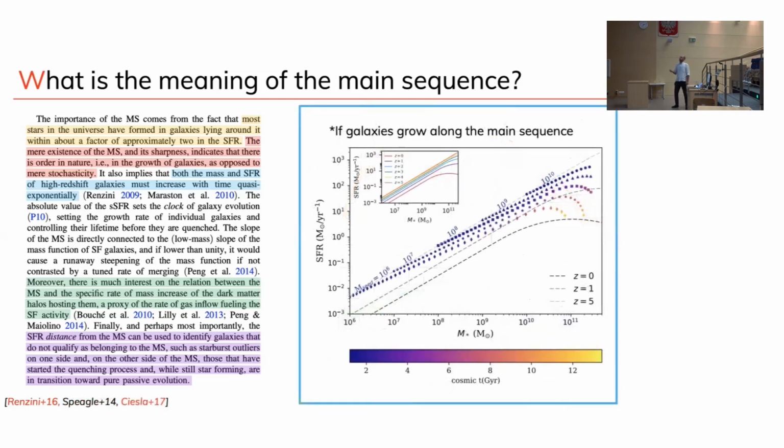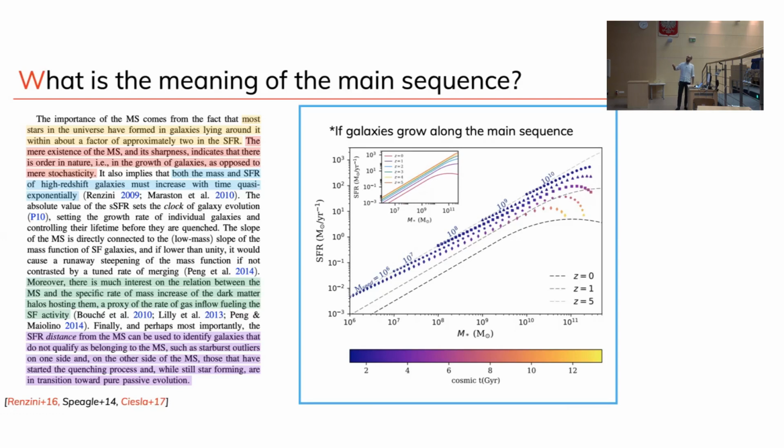I think that at this point the most common interpretation of the existence of the main sequence is that, well, if most of the galaxies are growing along the main sequence, meaning that they keep forming stars depending on how much stellar mass they have, then there should be some sort of ordering. And this is despite what we heard this morning, with all those things that are merging together at some point in time. Still, the underlying growth is rather regular. It's rather secular, especially if galaxies tend to grow along the sequence.